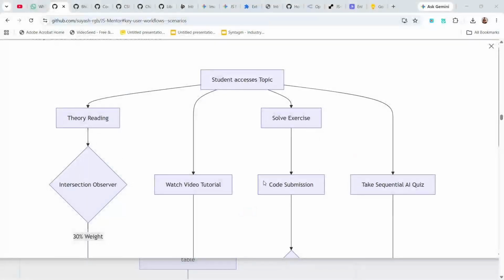Let's talk about a major problem with standard edtech platforms: progress spoofing. In most traditional LMS applications, a student just clicks the next button, fast forwards a video, or scrolls straight to the bottom of the page to trigger 100% completion. They get the green checkmark without actually learning a single thing. To prevent this from happening, on JS Mentor, I built a hybrid multi-weighted strict progress tracking engine that securely syncs